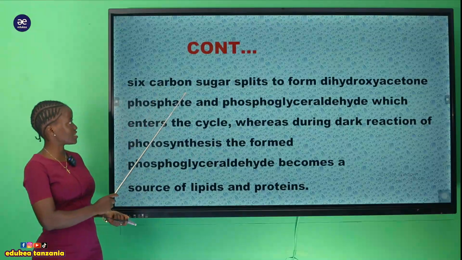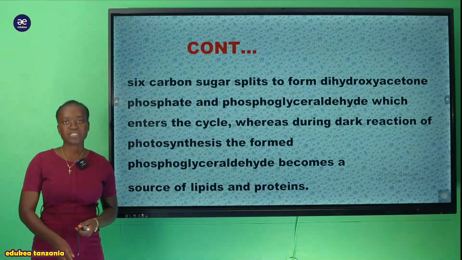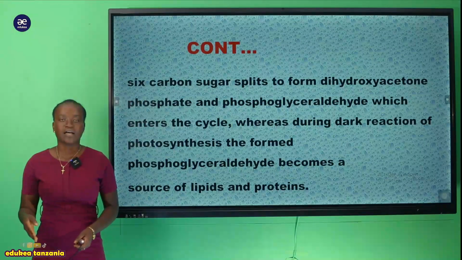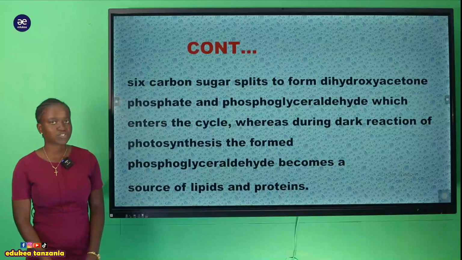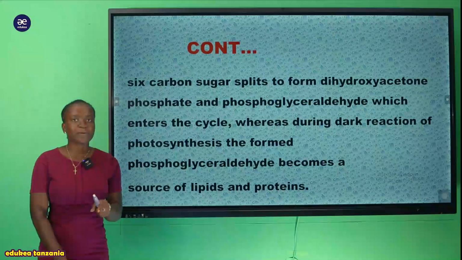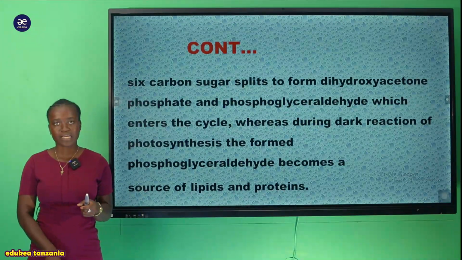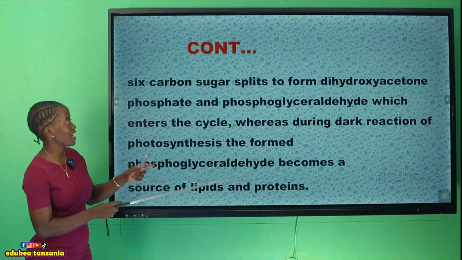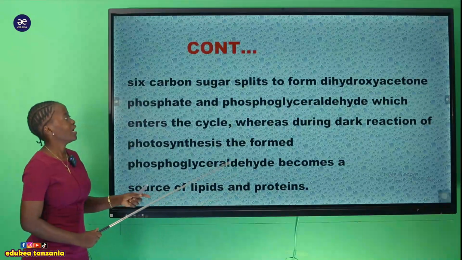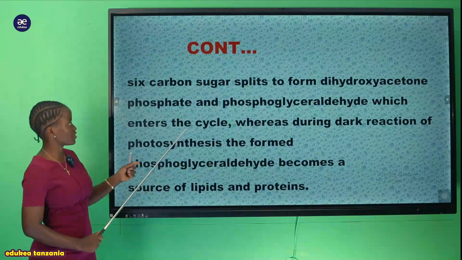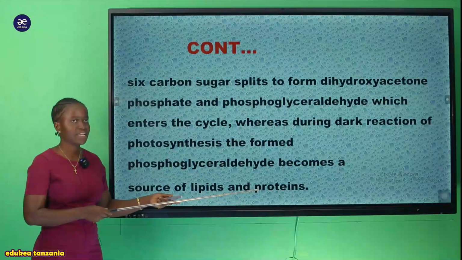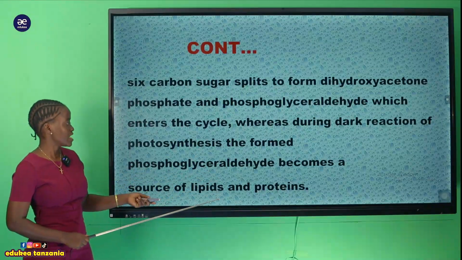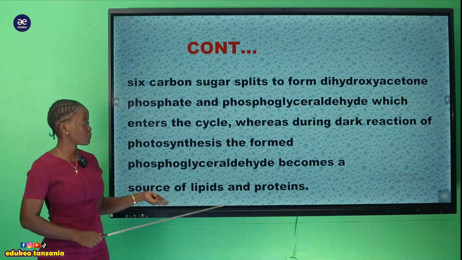Kwa mfano hapa tunayo zile 6 carbon compound ambazo sasa tunayo galactose, we have hexose, we have fructose pamoja na glucose. Zile ndizo 6 carbon compound. Zile 6 carbon compound, they have ability to split. Zikisha split zinaenda kutengeneza these 3 carbon compound ambazo hapa tutaongelea dihydroxyacetone phosphate na phosphoglyceraldehyde, ambazo sasa hizi zinakuja become a source of lipid and protein